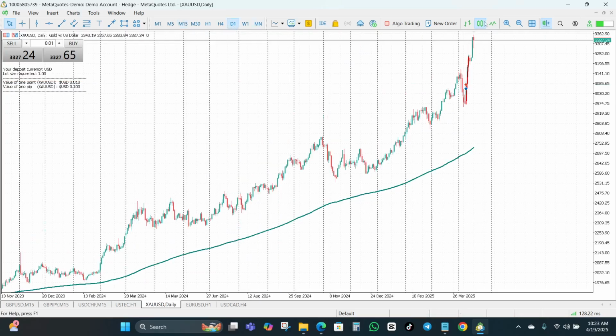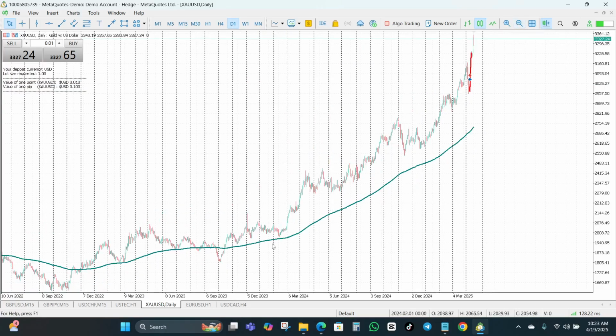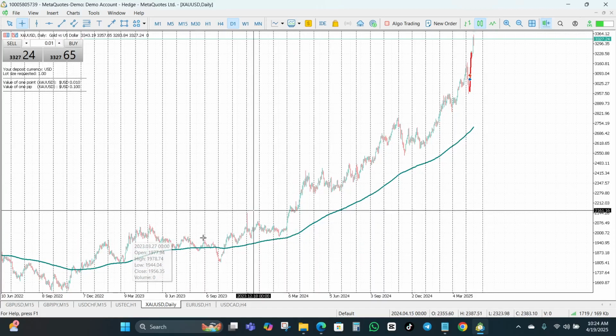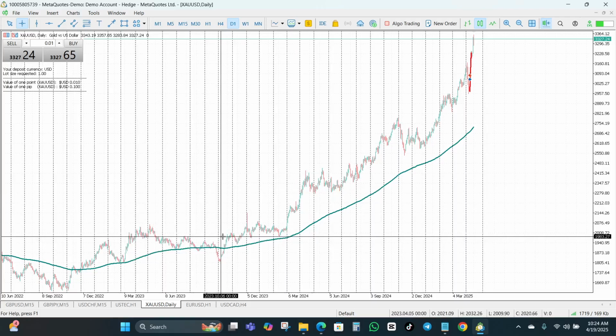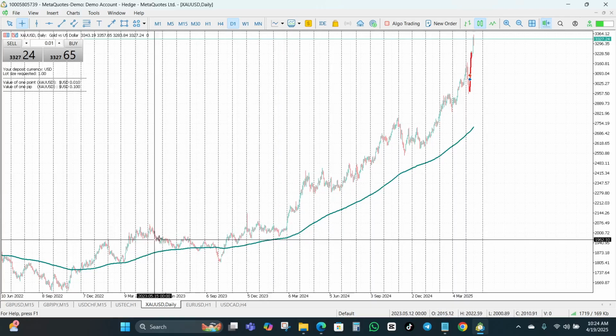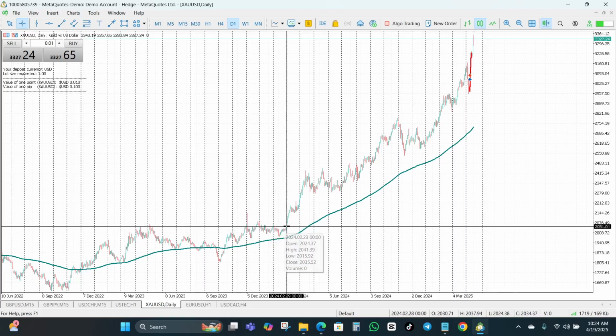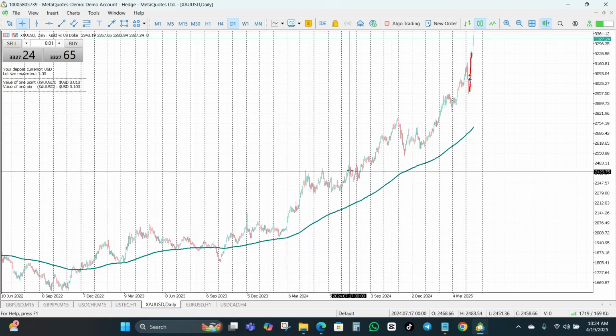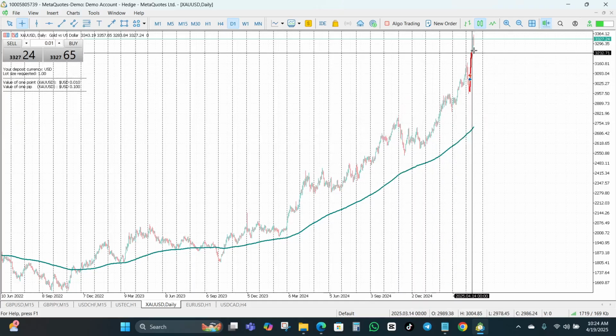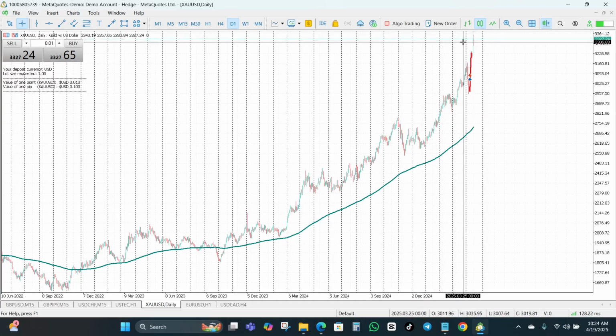If you look at this closely, this is literally the daily time frame, and you can see that for the past few years gold has been on a steady uptrend, right? Of course, price does not move in a straight line, so there must be pullbacks, but generally you can see for the past few years, since 2022 now, gold has been on an uptrend. Although during 2023, gold was mostly going sideways, and then finally there was a breakout in 2024, and since then it has been climbing and climbing all the way up,